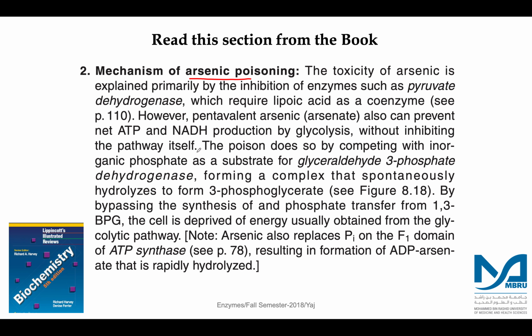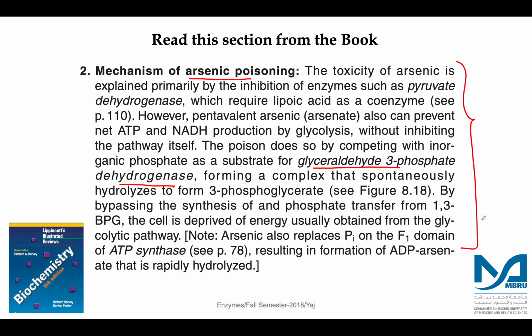However, arsenic poisoning also involves the enzyme glyceraldehyde 3-phosphate dehydrogenase. That's a glycolytic enzyme which by now you should be knowing. So what I want you to do here is to go to your book and read the section on mechanism of arsenic poisoning. So if somebody asks you how does arsenic mediate its effect on glucose metabolism,